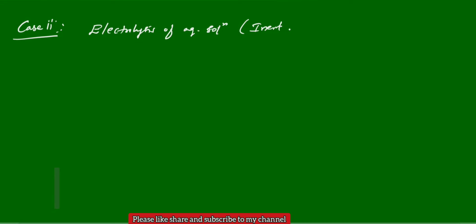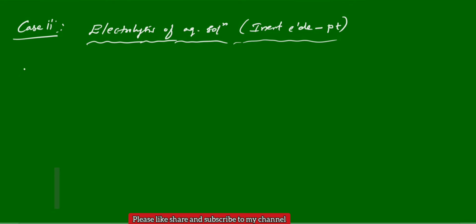We can use two types of electrodes here. One is the inert electrode and the other is the active electrode. Mostly here for the inert electrode we will use platinum. Inert electrode means it will not react with the electrolyte which is present in the electrolytic cell. It can only act as an electron carrier. There are some active electrodes that can react with that electrolytic solution and also act as electron carriers. So, two types of electrodes, inert and active. Anyhow, here we will see the electrolysis of aqueous solutions with the inert electrode.